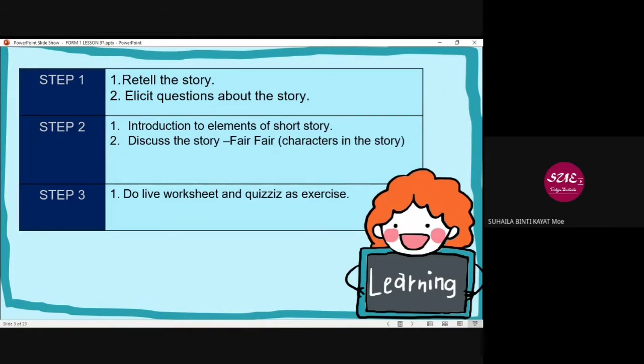So you're going to retell the story, and we will talk a little bit lah about the story, and then I will explain to you the elements of a short story, and later we are going to discuss about the characters in the story. And for your homework, you are going to do live worksheet and quiz as for your exercise.